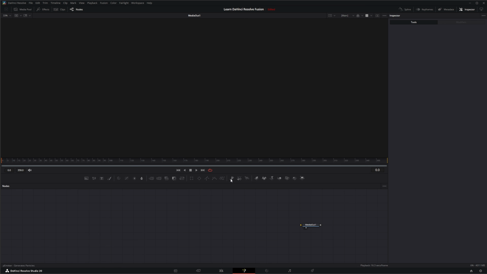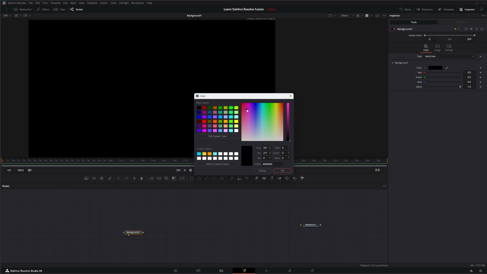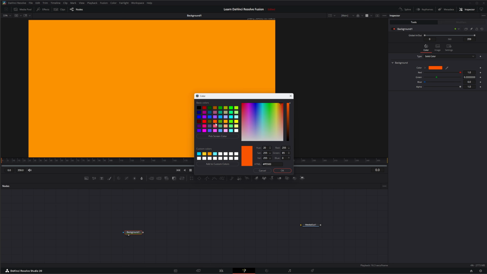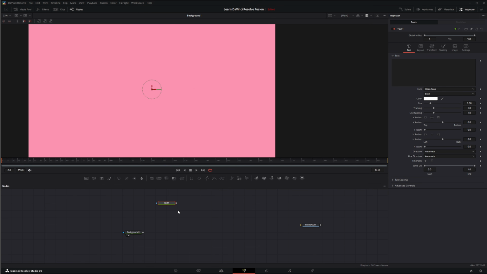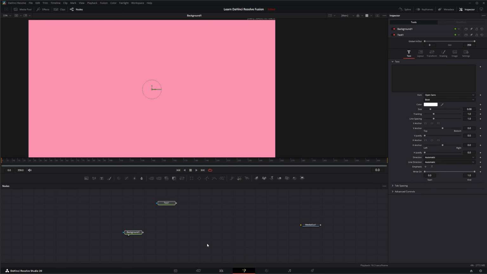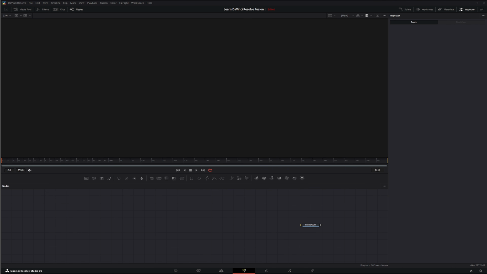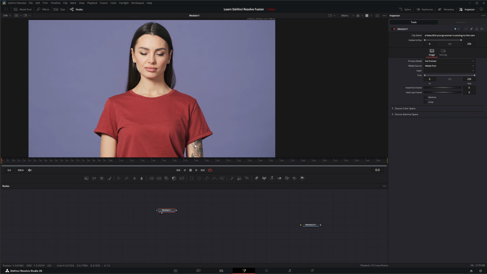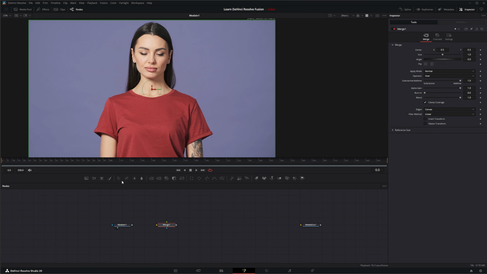So in general, when you bring anything into Fusion, it's operating on a linear gamma. So anytime we bring in, say, a background in here and all of our nice little colors we've got, it's all operating on a linear gamma. Same with our text, any color we do and any effects we put in, they assume you're operating on a linear gamma. And pretty much anything you bring in, like your little graphics and your standard media stuff, if it's Rec 709, it's linear gamma. So you're good to go and you really need no changes,